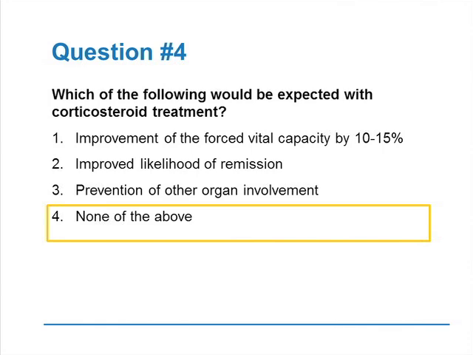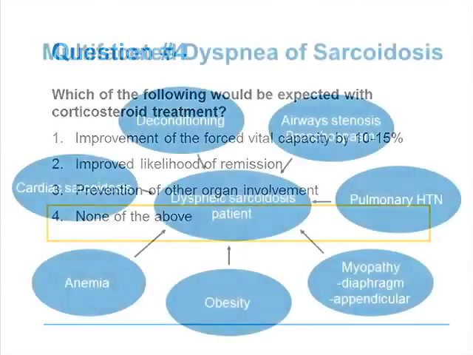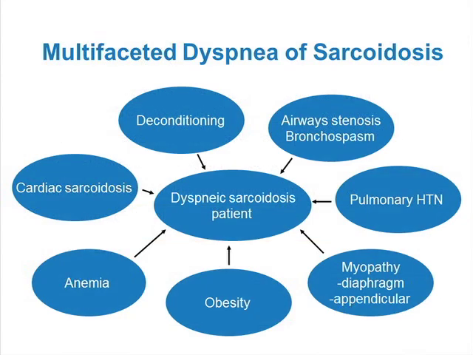Instead, they're much more interested in how can I get by in my daily life and what are you going to do about my symptoms? If you think about pulmonary sarcoidosis, dyspnea tends to be the most common symptom. The next slide demonstrates some of the differential diagnosis of factors that are important in the development of dyspnea in sarcoidosis patients. And you can see that all of these would require different diagnostic and potentially different management approaches, including